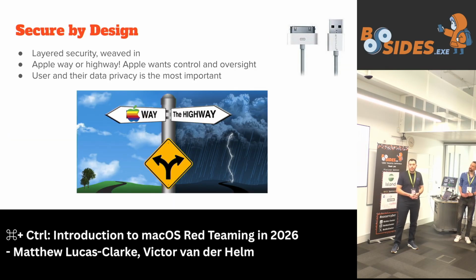So we've seen that macOS is secure by design. The security pillars run deep and are woven into the functionality and the design of the operating system. Generally, it's the Apple way or the highway, and by that I mean Apple wants to tightly control the execution layer and make sure they're involved in the distribution of software within their ecosystem. And lastly, Apple have designed the user as the main entity and the most powerful entity on their MacBooks. They want to hand the power to the user to protect their data and their privacy.